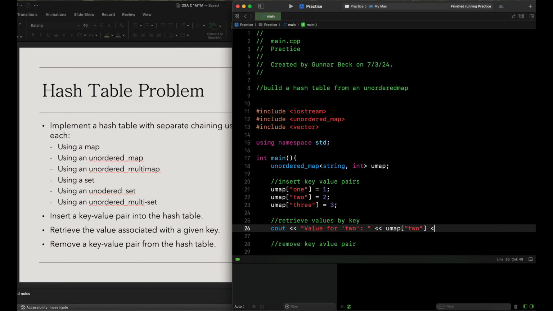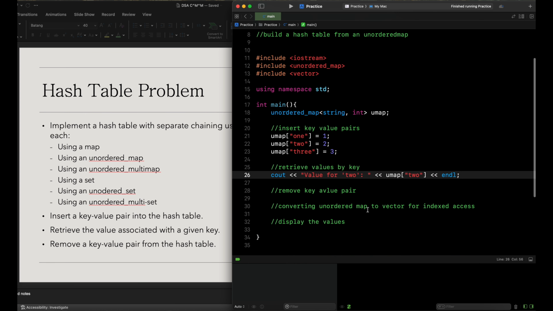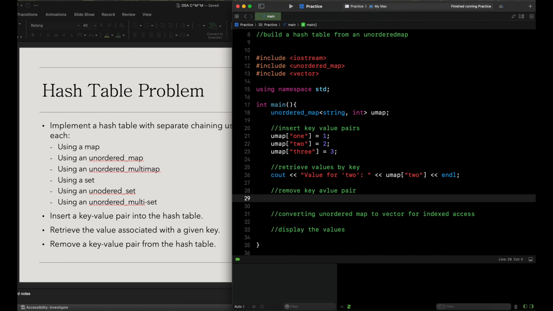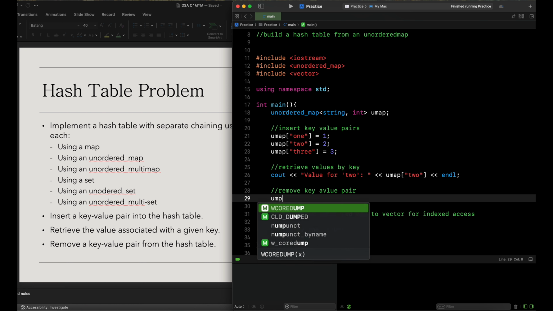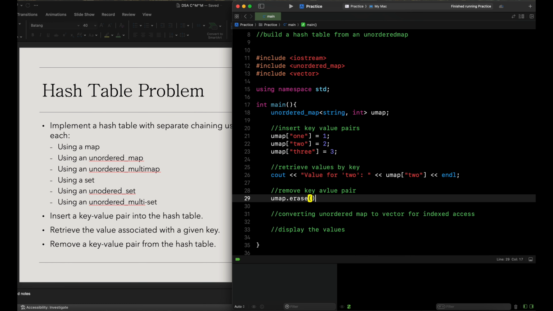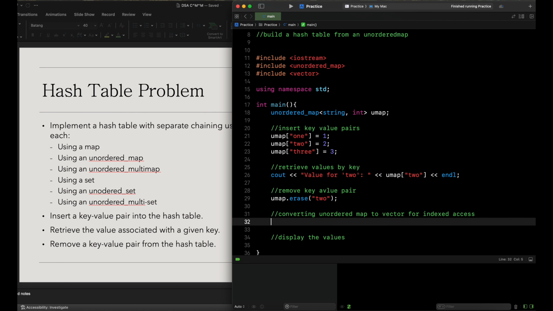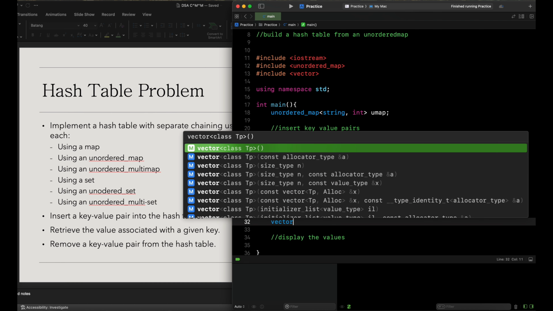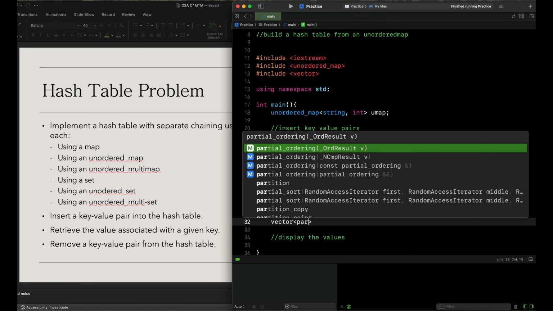2, endl, and then umap.erase v2 here, and converting what we have to a vector so we can output